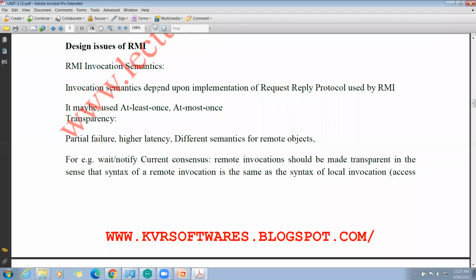Here, the invocation semantics depend upon the implementation of the request and reply protocol, right? That may be at least once or at most once. The object can be used at least once, or at most once. It may be either at least once or at most once, depending upon the request and reply protocol we are using. Now, the first one is transparency. The first semantic is